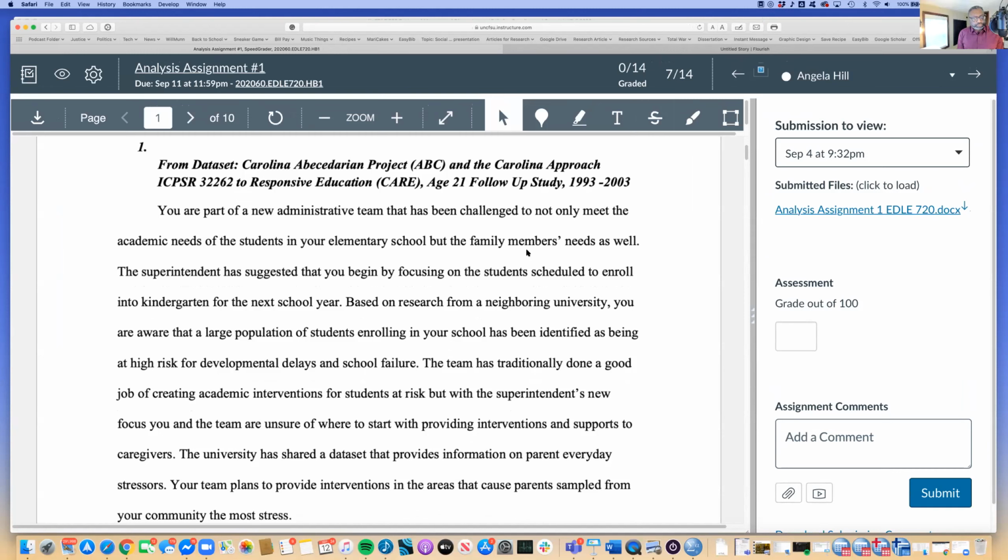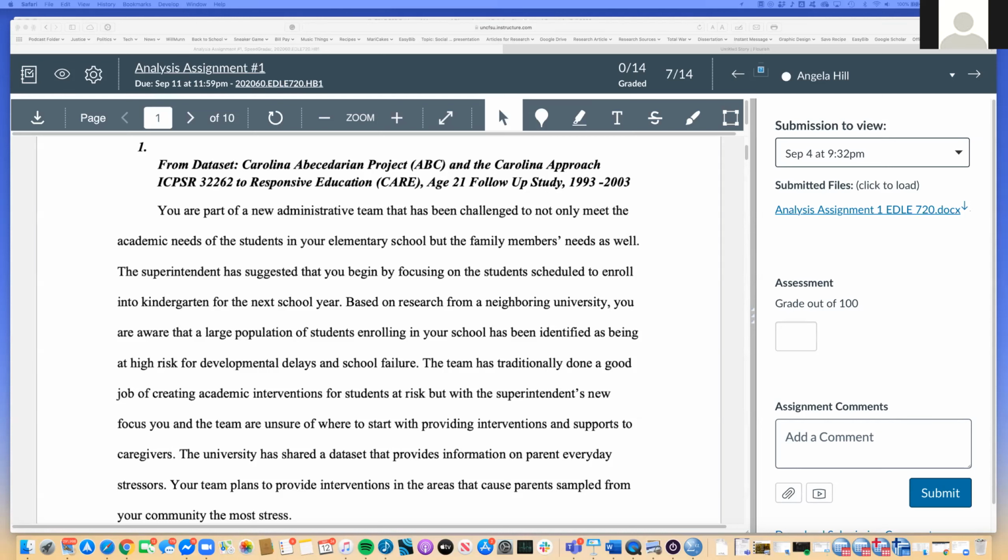And so I pulled part of that study, and it was a survey. What I was thinking about was, you're part of an administrative team, and your principal or the superintendent is asked, don't just meet the academic needs of your students, but family members' needs as well. And so they suggested that you focus on kids enrolling in the school next year into kindergarten. So I used the neighboring research. So I'm placing myself in that Chapel Hill area. And there's a large population of students coming in that have been identified as high risk for developmental delays and school failures. Most of the time, a lot of schools focus on the academic interventions, but